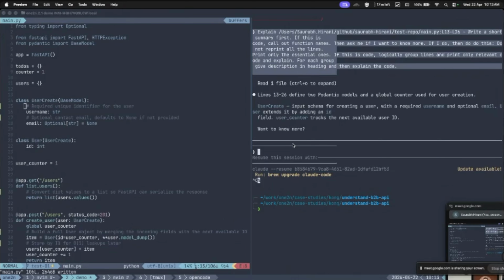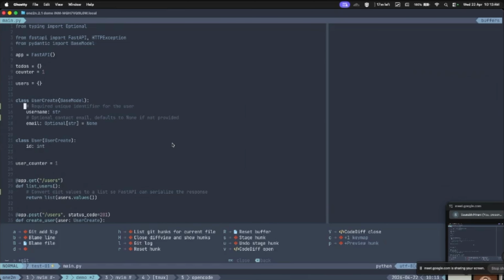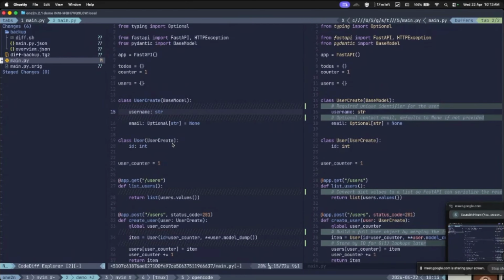So what I thought was that I need a semantic understanding of the code that has changed beyond the diff, right? What I mean by that is, if I come here and if I do a diff, now this is just Neovim's diff window, which is very similar to what you would see in OpenCode or VS Code and all of that, right? Now this is showing me all the diff that has gone in, right? Now, if I were to come here,